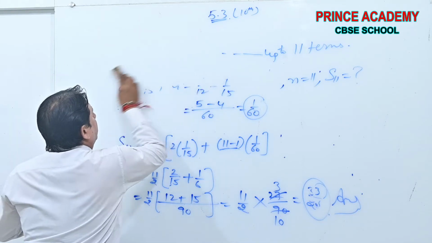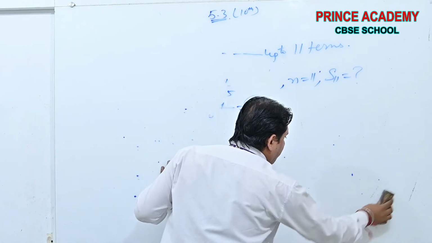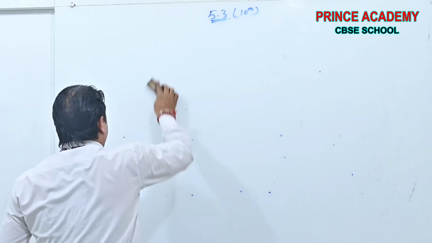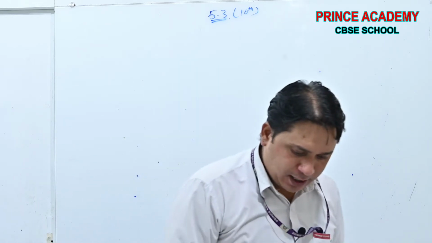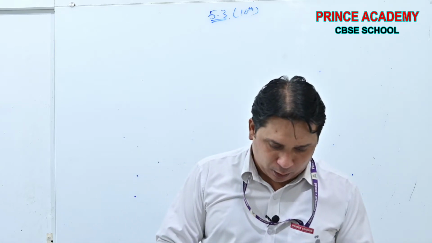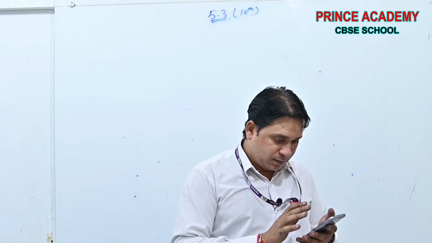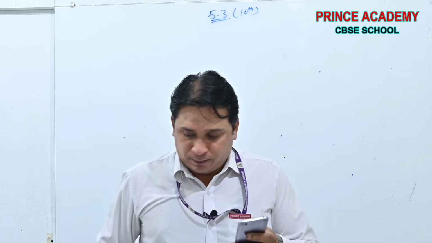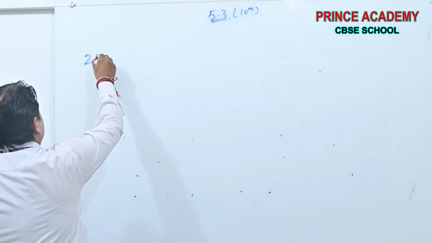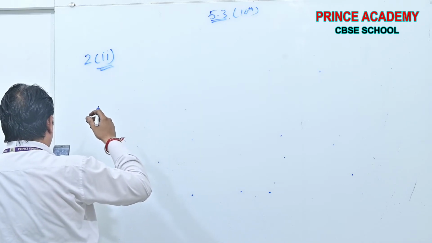Now, question number 2. Now see, beta, in question number 2, if you observe, many series are given. See, question number 2. First I am doing part second to make your calculations understandable.